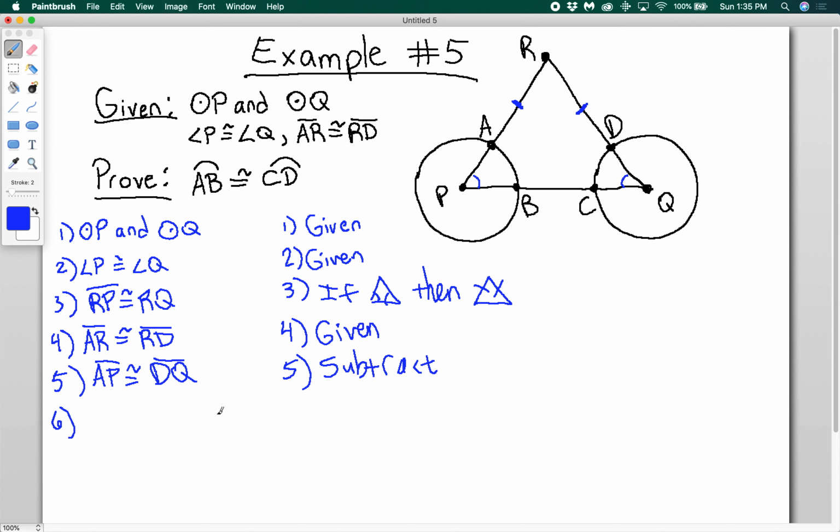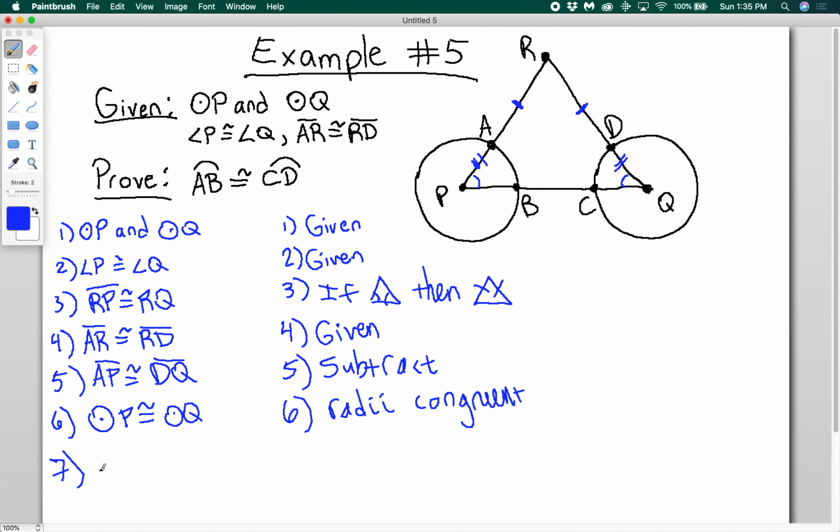Okay? So now we're really close, because now I can say, oh, these two things, if these are congruent, these are the radii of the circles. So if the radii are the same, the circles are congruent. So I can say that circle P is congruent to circle Q because radii are congruent. And then that proves our thing, right? We said we needed to prove the circles are congruent. So now I can say that arc AB is congruent to arc CD